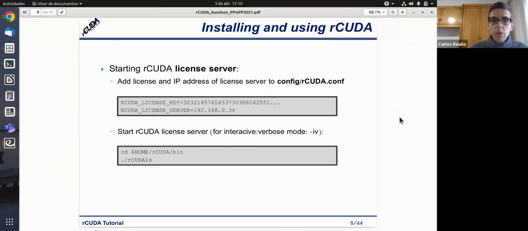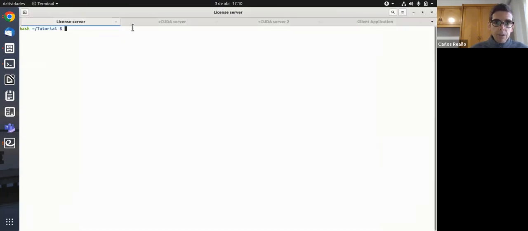For this, you just need to introduce in the Arcuda config file the license key you have received and the IP address or the name of the server where the license server is running, and run the license server. So we are going to see how to do this. Let me just keep these terminals alive.